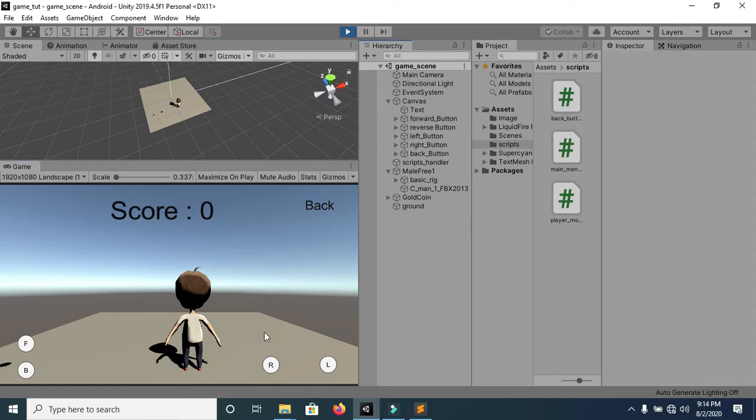Now you can see, as I press R or L or F or B, our player moves continuously. We don't want this, and what we want is, until I release this button R, I want this player to rotate in the right direction, and same with other buttons. But in our case, if I press L, then it starts moving in left direction and it doesn't stop. So this is not good, and for this we have to use event trigger component